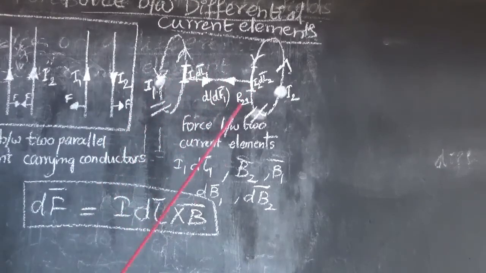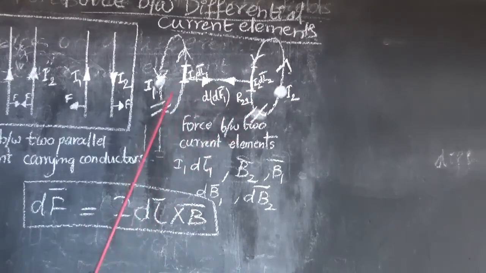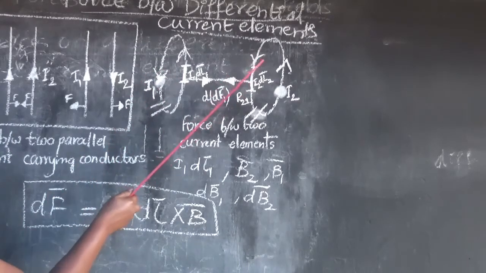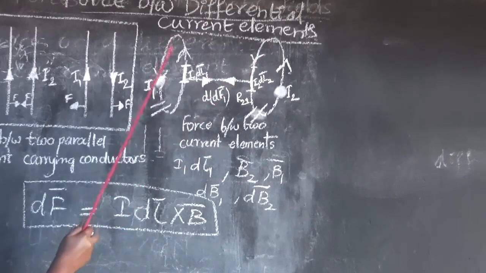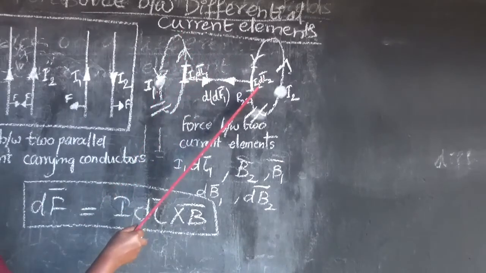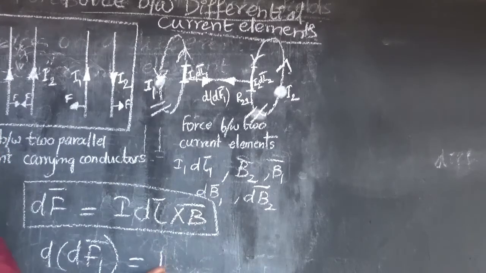Why am I saying force of attraction? Because the current carrying conductors carry current in the same direction. That is the reason there will be a force of attraction between these two conductors. So what is the force exerted on this current element by the field produced by the other, which is d of dF1 bar, that is going to be